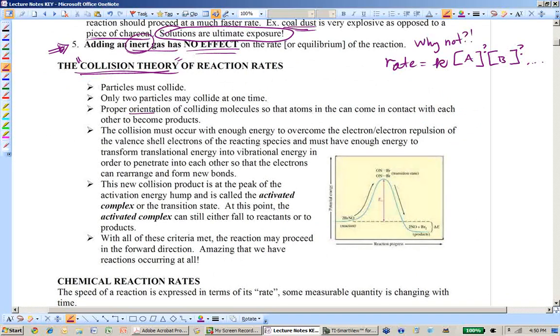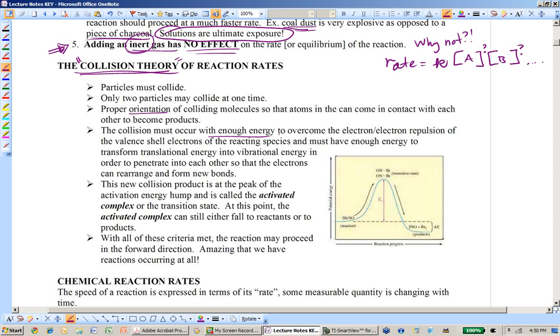Speaking of orientation, proper orientation of colliding molecules has to happen so that the atoms in the can or in the container can come in contact with each other to become products. The collisions have to occur with enough energy. Think oomph, don't write oomph, write enough energy to overcome any electron-electron repulsions, since you're bumping cloud to cloud here. All those negative electrons on the surface are going to repel each other,